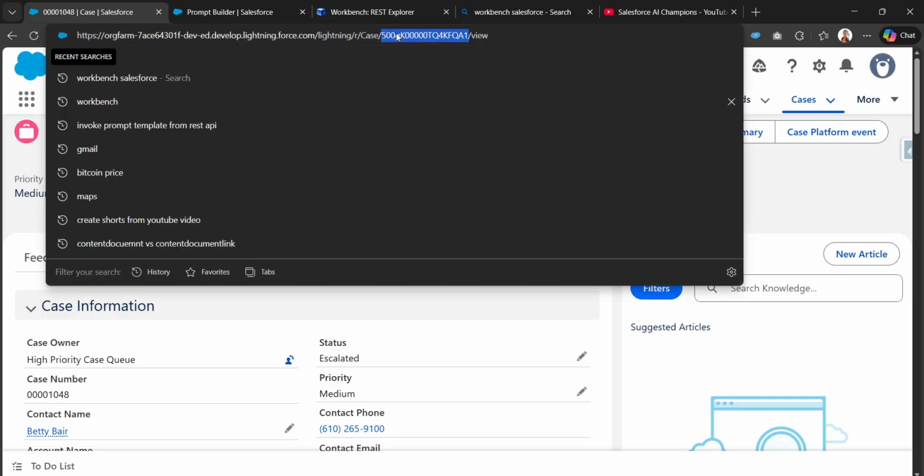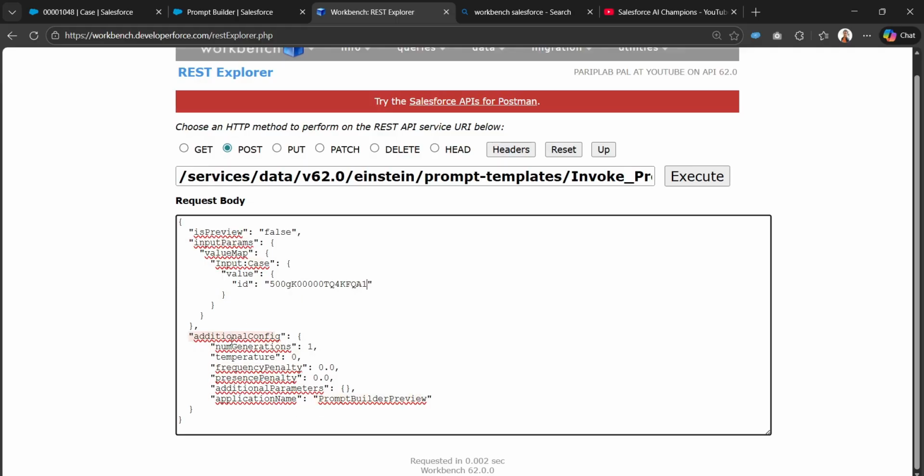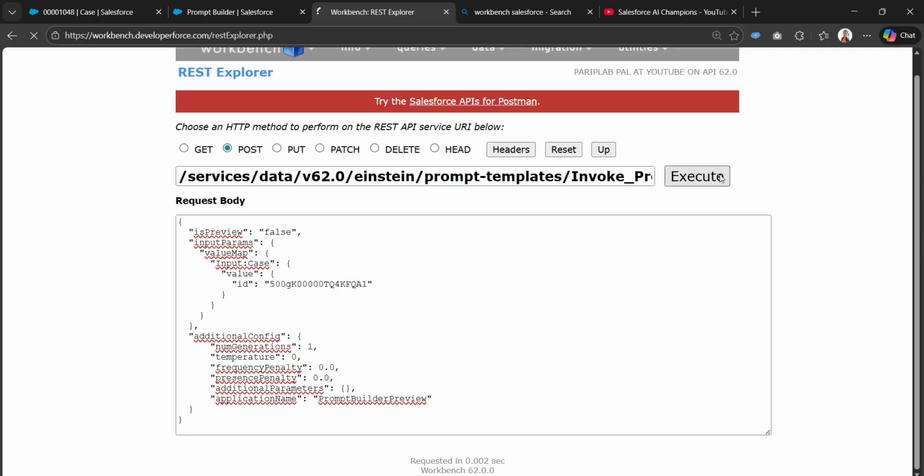And finally we need to copy this case ID, and we can paste this case ID here. And these are the additional configuration settings, like number of generations will be 1, then temperature, which is what amount of risk is taken to accomplish the request. So that kind of information is treated as temperature. Then we can provide this frequency penalty, then presence penalty, additional parameters, and finally application name as prompt builder preview. So after providing this request body, we can simply click on execute,